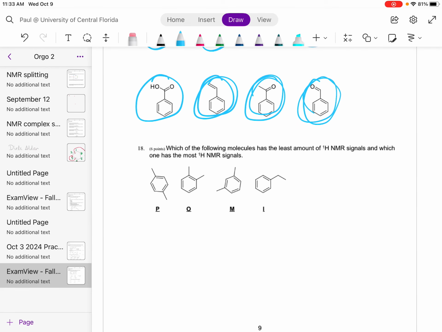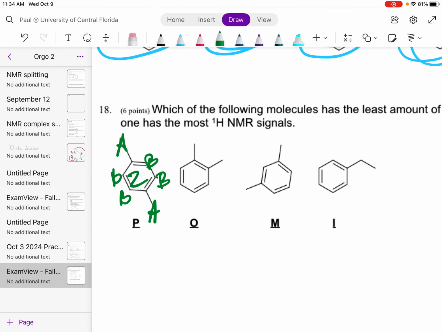Which of the following molecules has the least amount of proton NMR signals? So we need to identify the signals. Those are the same. Those are all the same. So that would give us 2 signals. This guy would give us one there,